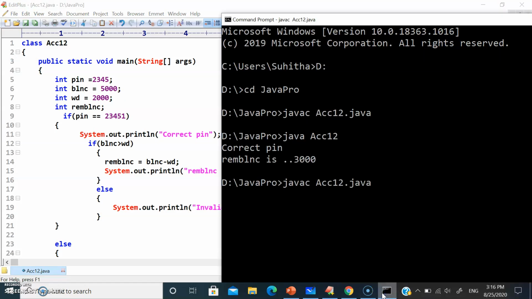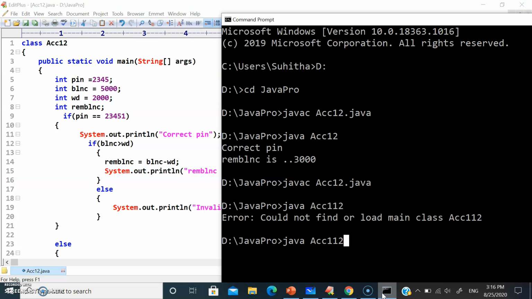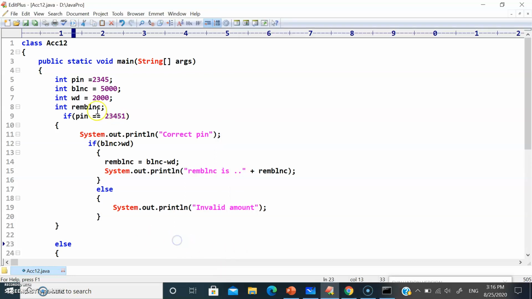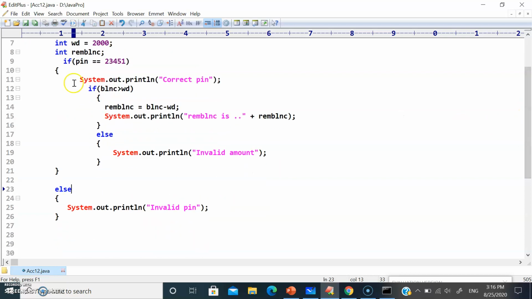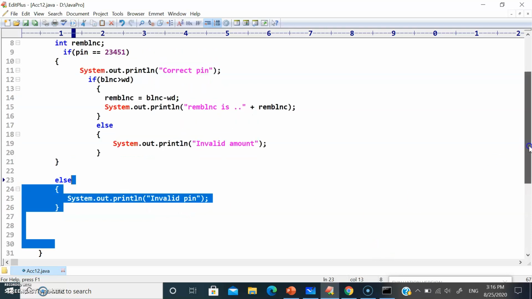Let's see now. No error. Oh sorry, it's Java acc12. So it's showing us invalid pin. The reason is pin is 23451, so it's going for the outer else and printing invalid pin.